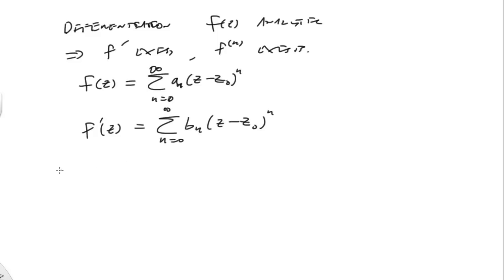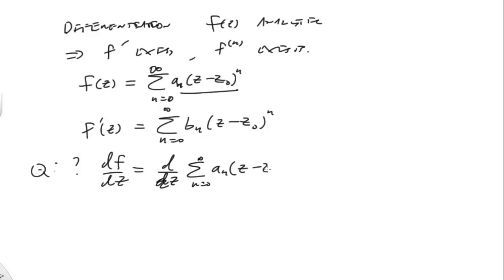The question is, is it possible, if I'm looking at this d/dz, to do this operation? Here's our series for f of z. I want to know if I can pass this derivative through the infinite sum. Certainly I can do it for a finite sum, but can I do it for the infinite sum? In which case, this becomes f prime, n equals 0 to infinity.